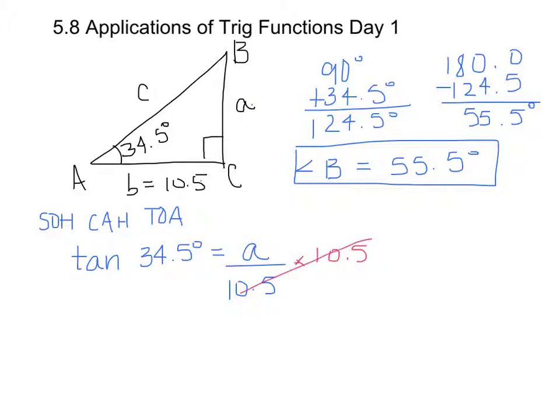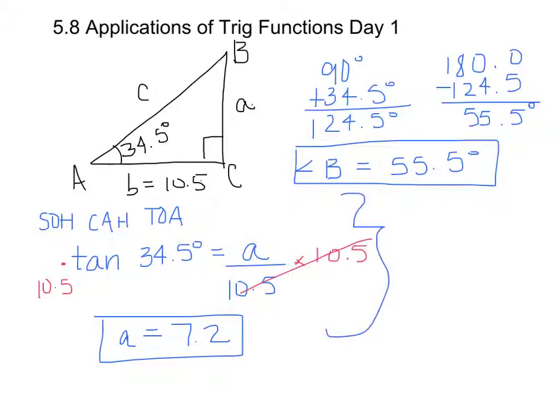So that cancels. I'm going to multiply this side by 10.5. So A would equal approximately 7.2. And then to find C, and I always use the angle that they give me just in case I mess up with finding the one that was missing. To find C, I can use